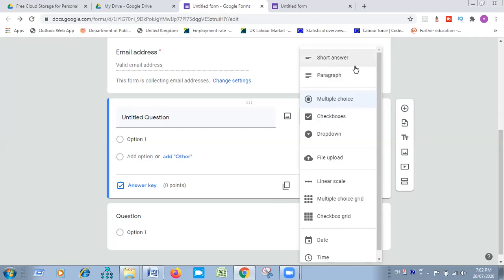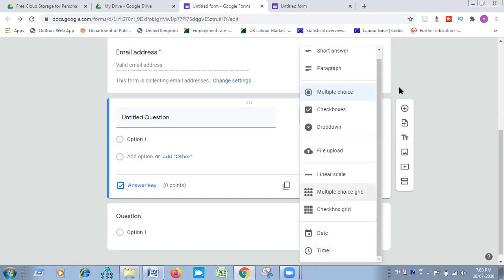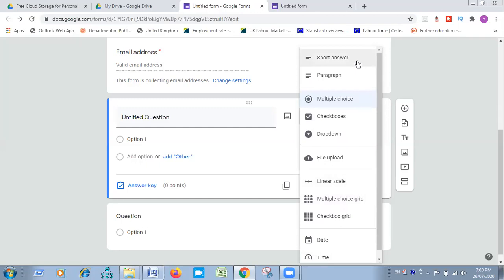Meaning you can make whichever kind of question you want to give. You can give a short answer type question, you can give a paragraph for history teachers, or for suppose English teachers, suppose any passage writing is there, or this kind of thing where a paragraph is required, you can choose this format of question. Multiple choice for MCQs, check boxes, drop down box, file upload, linear scale. There are a lot of formats or types of questions you can give. Right now, I am giving short answer.